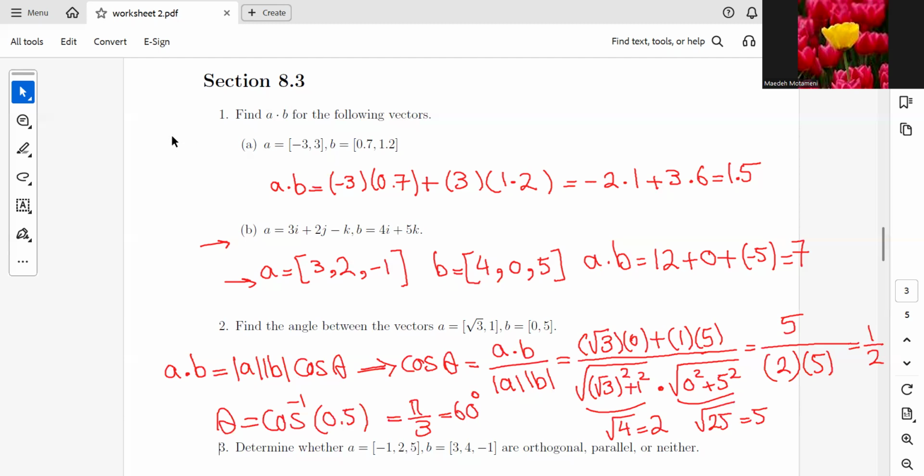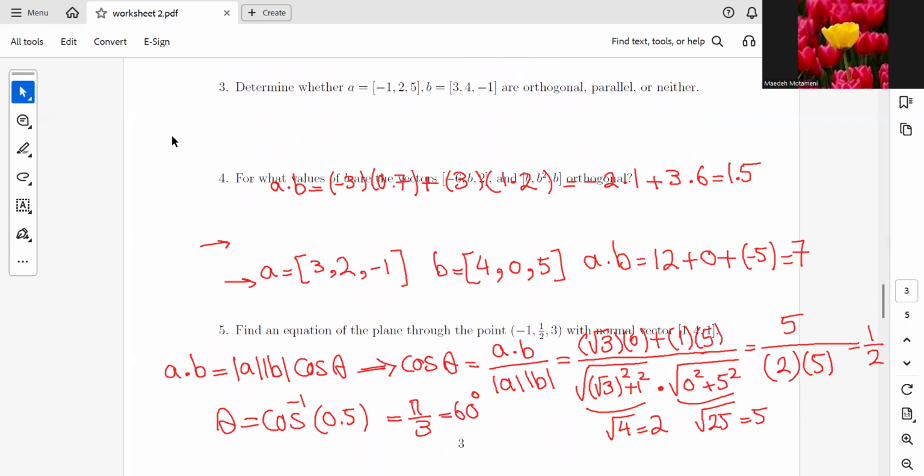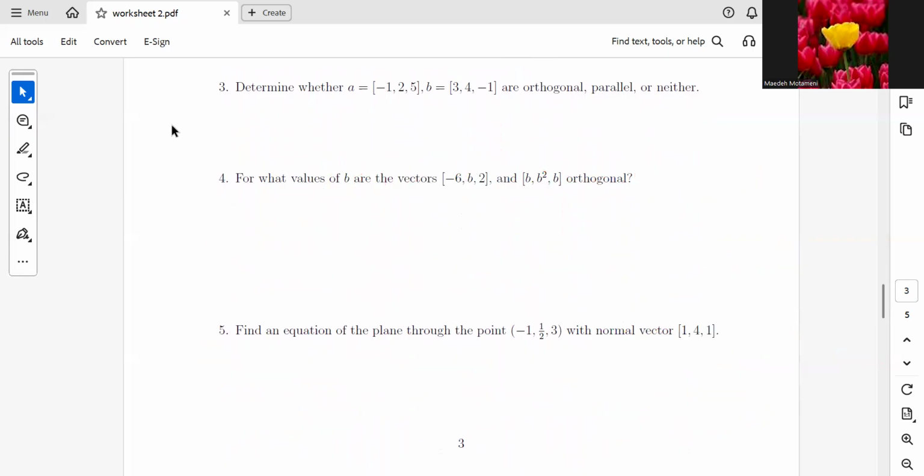Number 3. It says determine whether A or B are orthogonal, parallel, or neither. So in order to have orthogonal arrows, as we have seen in the lecture, if one of them is like this and the other one is like this, and the angle between them is 90 degrees or a right angle, it means that when you find A dot B,